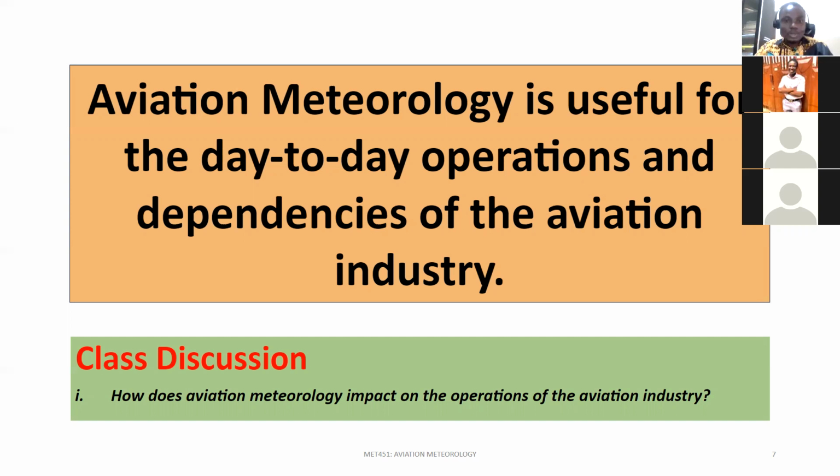For those of us who are following the news, you recently heard of the storm in the EU, looking at places like the UK, France, Germany, and the rest. There was a storm named Eunice. Let me see if there's a Eunice in this class. All right, so there was a storm named Eunice, and we know the impact of it on the aviation industry, and not just the aviation industry, but generally, you can imagine its impact on a whole lot of industries was huge. Now, taking the storm Eunice as an example,